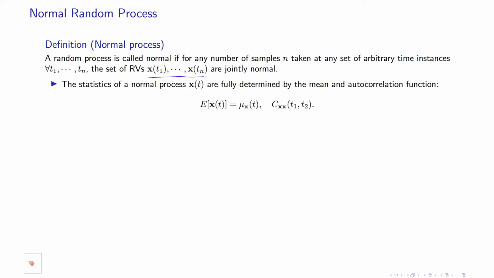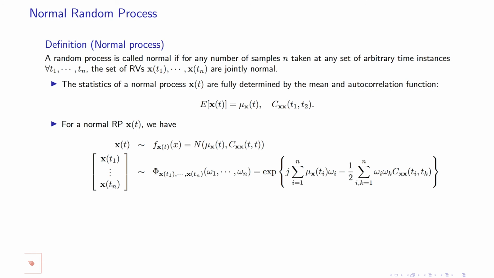So for these random variables, the means are given by the mean of the random process, and then the cross covariances, or the covariances of these random elements or random samples, are calculated by that, because you can just replace these t by t1 or t2, t3, etc., and then these t1 by t1, t2, or by t1, t3, etc. If you have these two functions, you have the joint distribution of the n random variables.